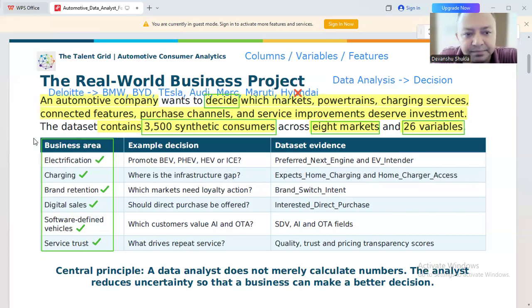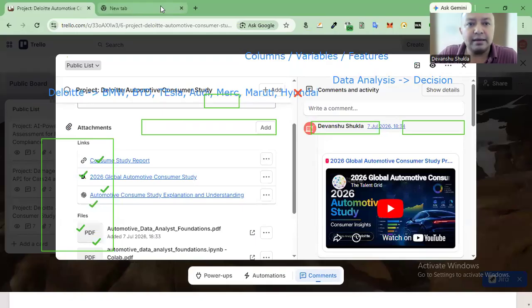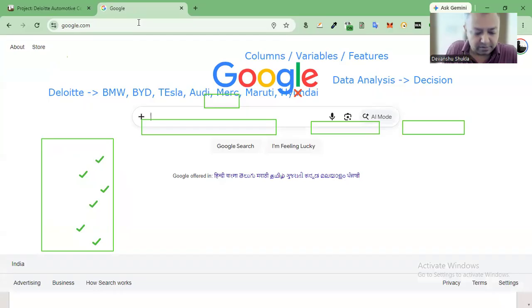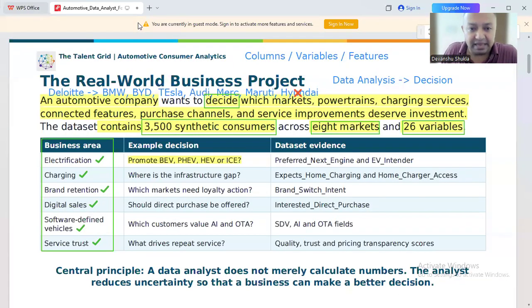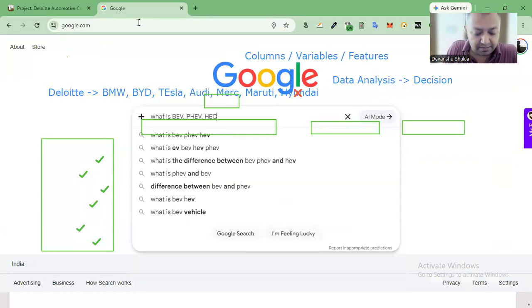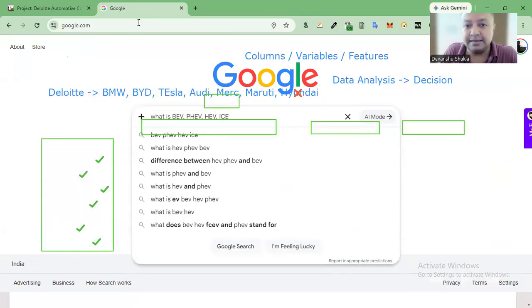पहली चीज हम ये देखेंगे, जब हम इलेक्ट्रिफिकेशन स्टार्ट करेंगे, सो वी वुड इवेंचुअली वांट टू अंडरस्टैंड कि कंपनी इसमें से किस टाइप की इंजन को प्रमोट करेगी. ठीक है, द कंपनी शुड प्रमोट विच टाइप ऑफ इंजन, BEV, PHEV, HEV और ICE. Okay, let's do one thing. Let us just quickly come to Google and let's put it here. What is BEV, PHEV, HEV, and ICE? Okay,